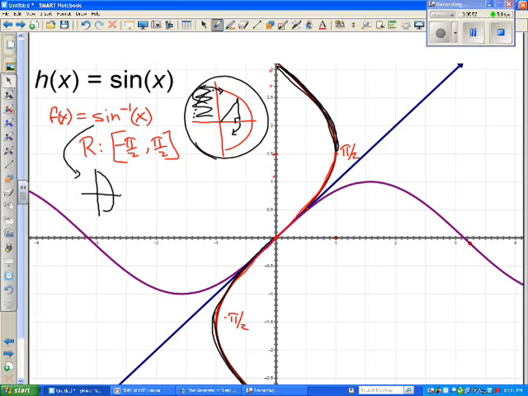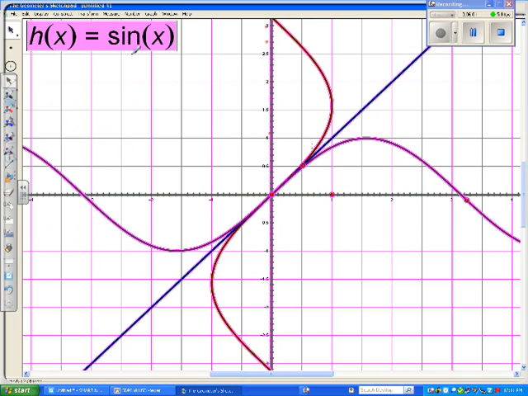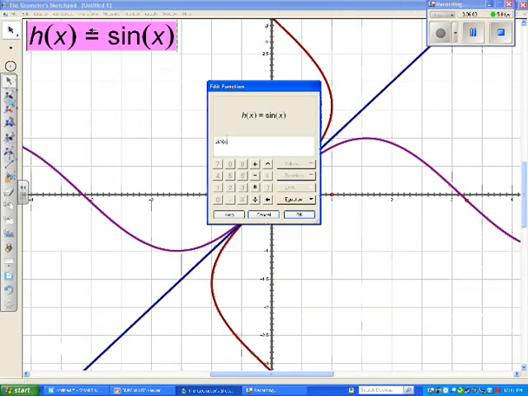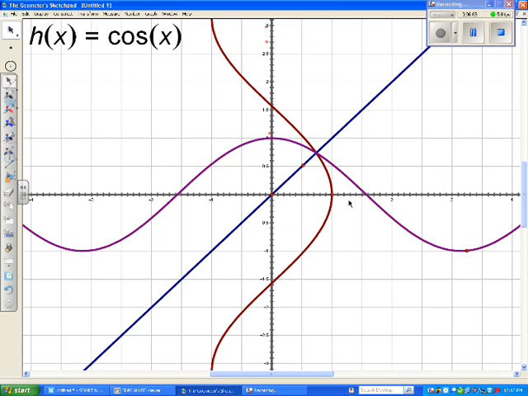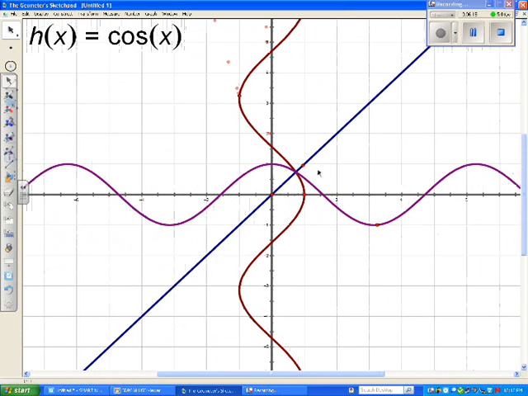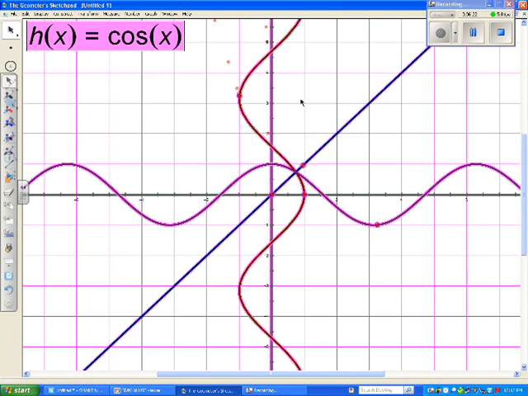Now, cosine is very similar. Let me go back to Sketchpad to illustrate that concept. And instead of graphing sine x, I'm going to graph cosine x, and everything else should still hold true. Notice it starts high, the original function. This is the original cosine function. Starts high and ends high. Let me shrink this down a little bit. That means when I reflect it about the line, it's going to start far on the x-axis and go this way. Go ahead and draw what you see because we're going to need